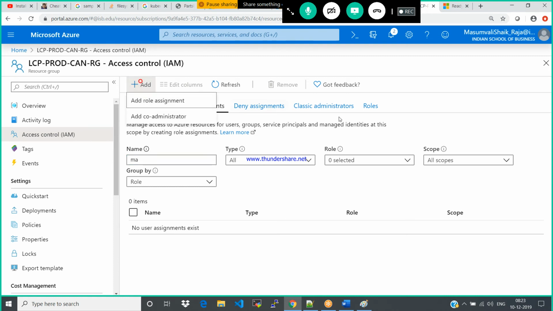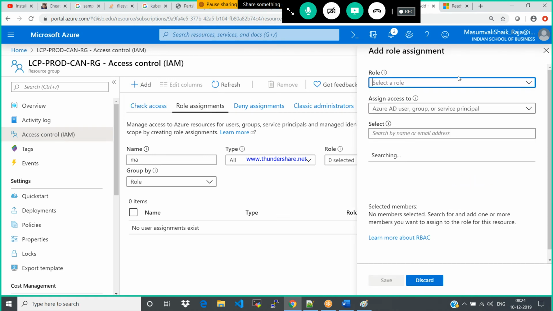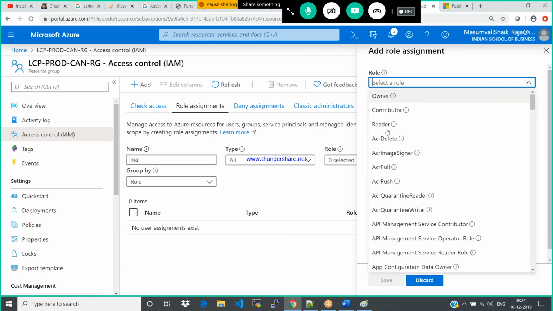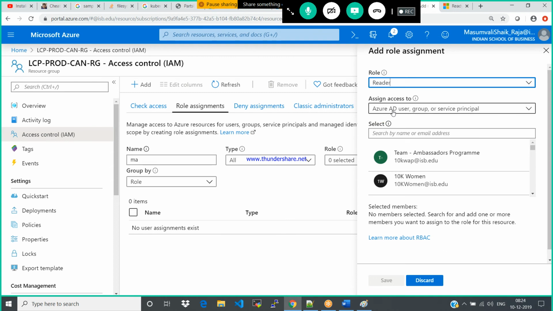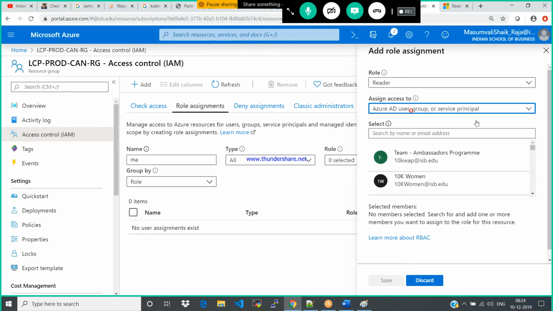Else you can add here. Add role assignment. Okay, what is the role? What is that, reader? Okay, for which service? Resource group.